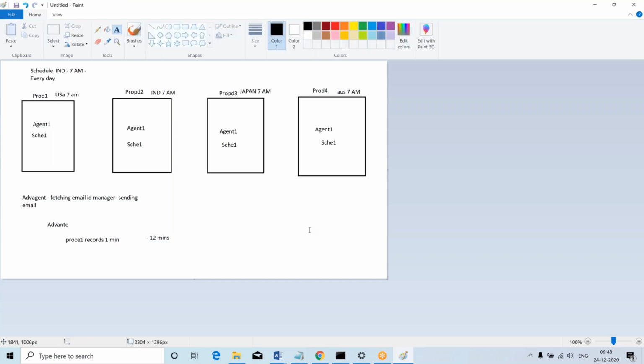Now, advanced agent on 4 nodes will process 12 records or not? Multiple times the processing will happen or not? Again, coming back to the same point. Yes. The 12 records will be redundantly processed on 4 nodes. Yes.